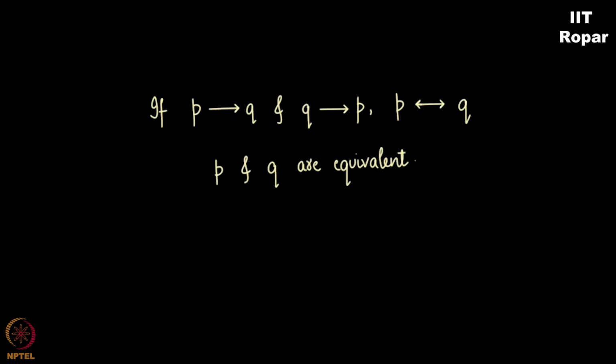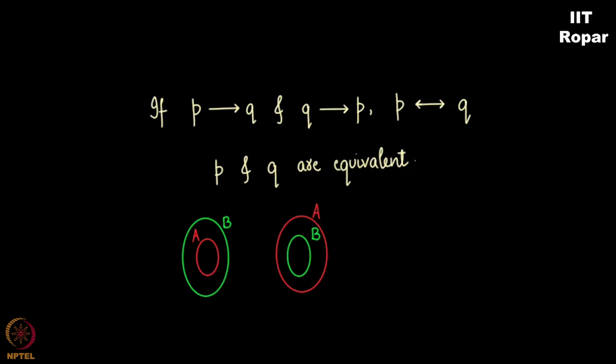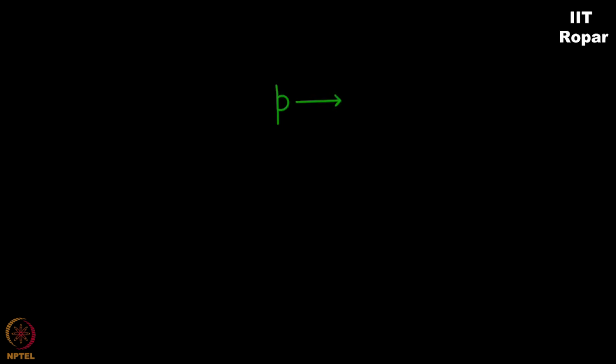Remember our subset example that we said. P is a condition which implies that Q is also true. Q is a condition which implies P is true. So whenever a set A is within B and this set B is also known to be within A, A subset of B and B subset of A implies A is equal to B. This is only obvious, correct? So P implies and implied by Q is written with this bidirectional arrow, and it simply denotes the fact that P implies Q is true and Q implies P is true.